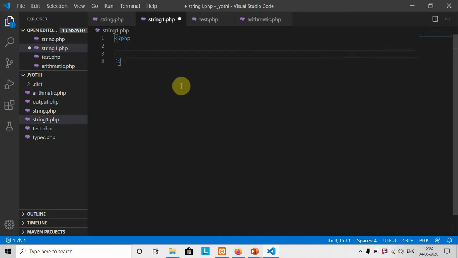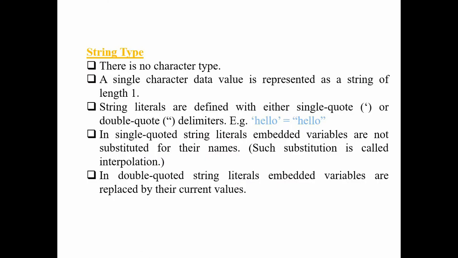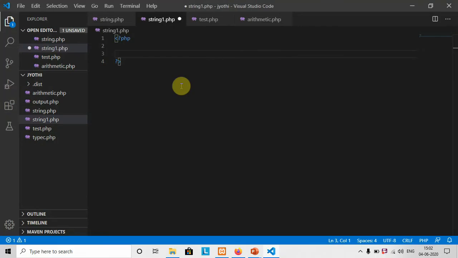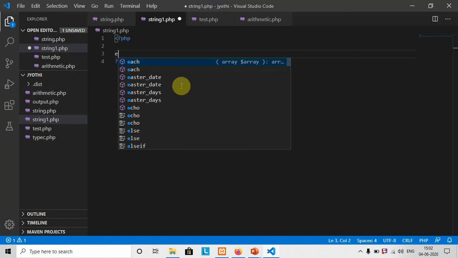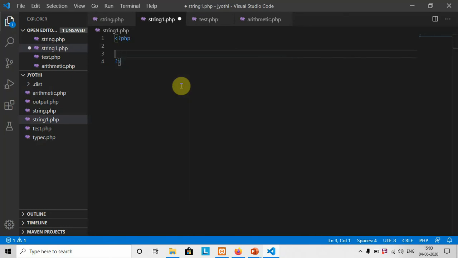Now what is my concept? I just want to represent a particular value in single quote and in double quote, and make sure how it works differently. So I have a variable, $name1, equal to my name, Vinish. Now I have a second case, $name2, equal to, in single quotes, Devi, another name.